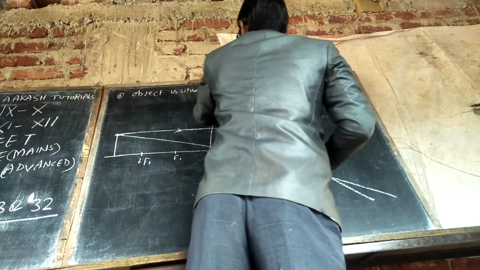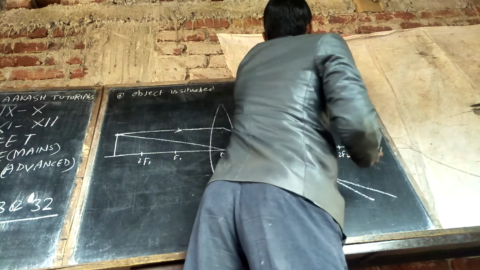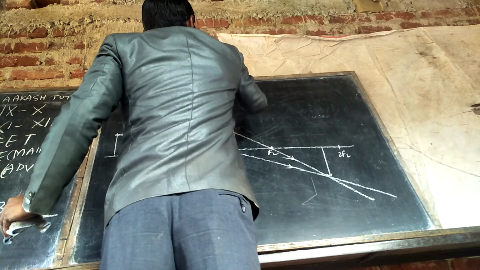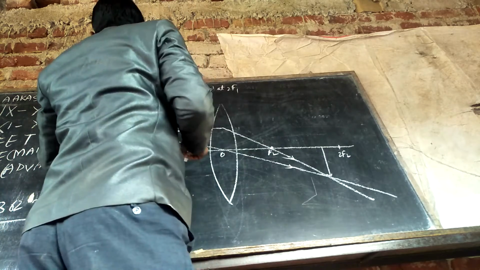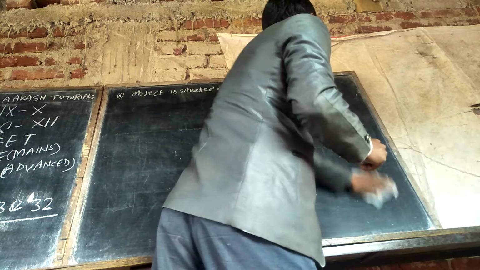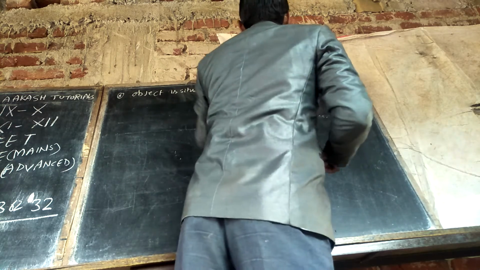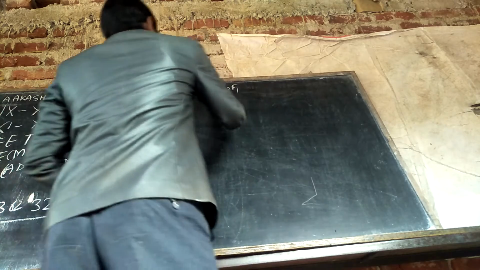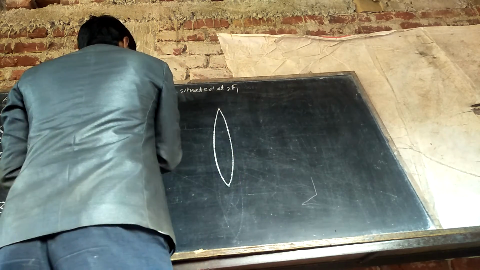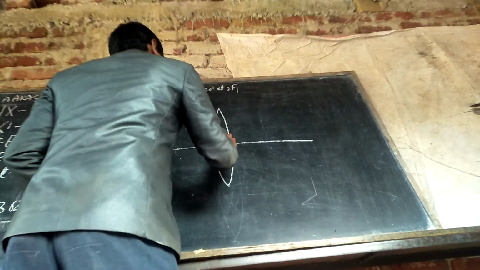Now, third case, the object is situated at 2f1. Then let us see what will be the nature, size and position of the image in this case. This is optic